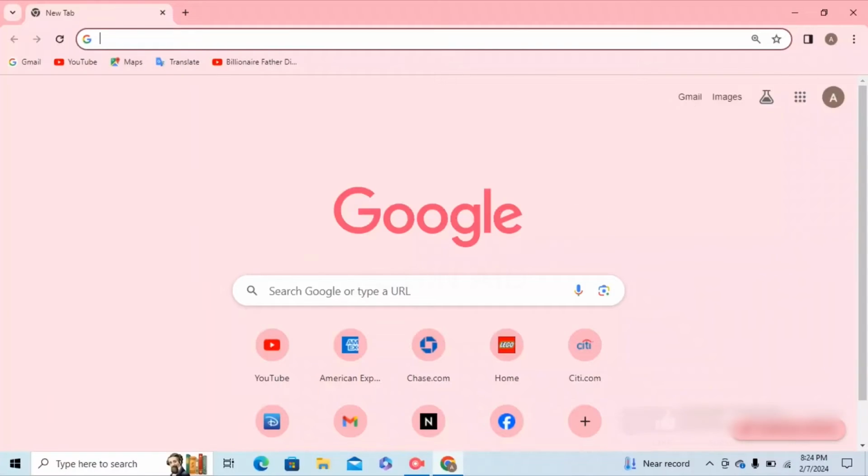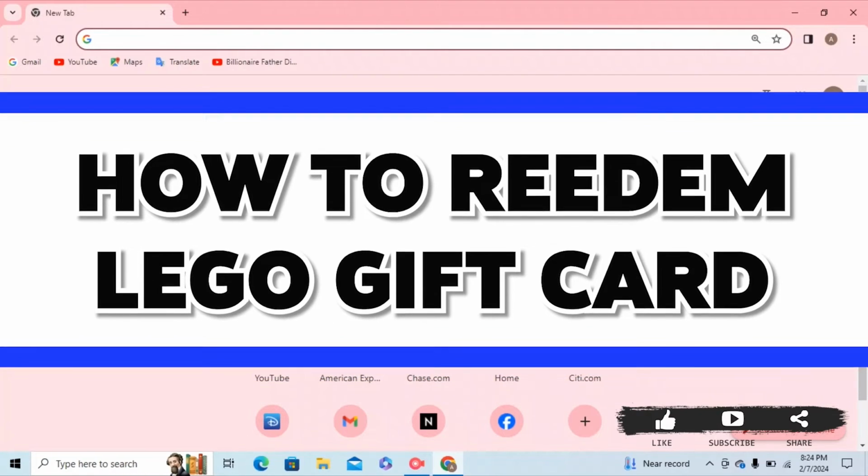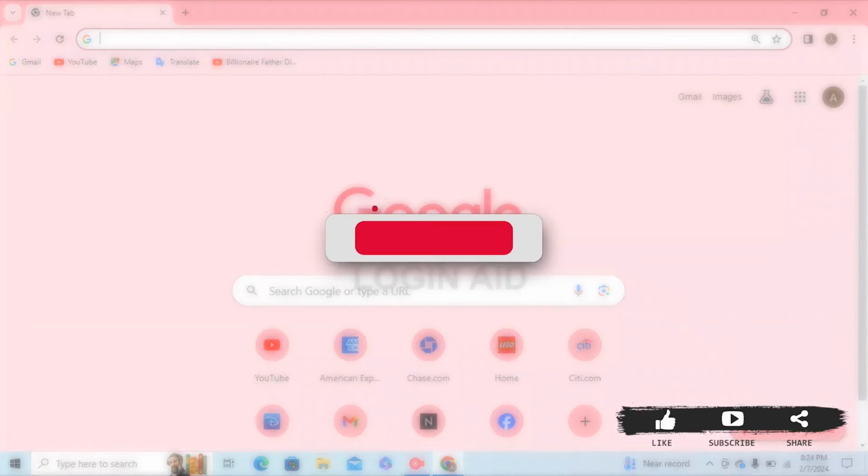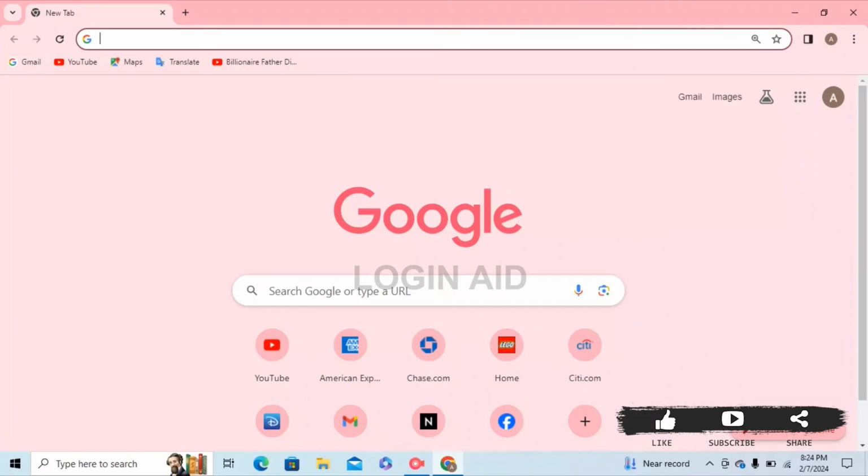In today's video, I'm going to guide you guys on how to redeem your Lego gift card. Lego is a line of plastic construction toys manufactured by the Lego Group. So without further ado, go ahead and open a web browser of your choice and in the search bar type down